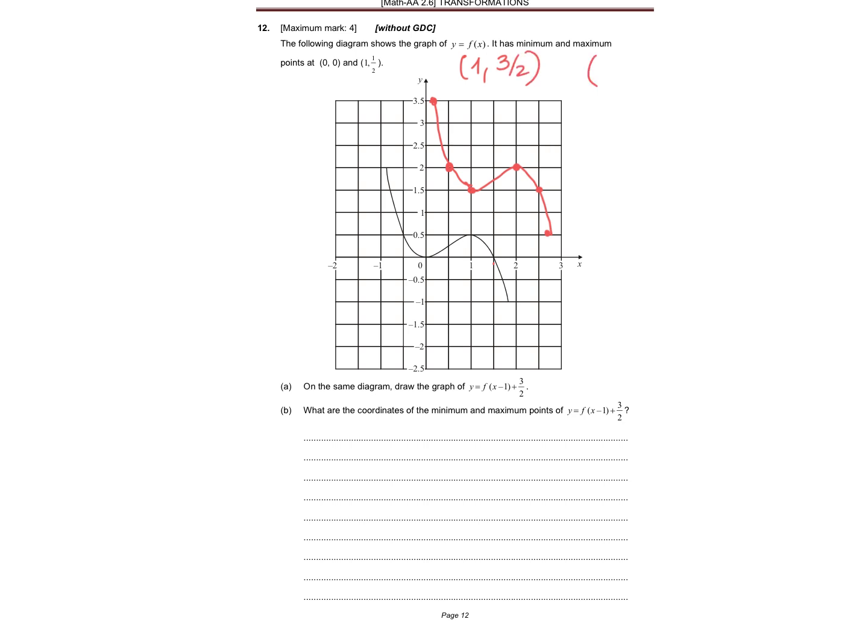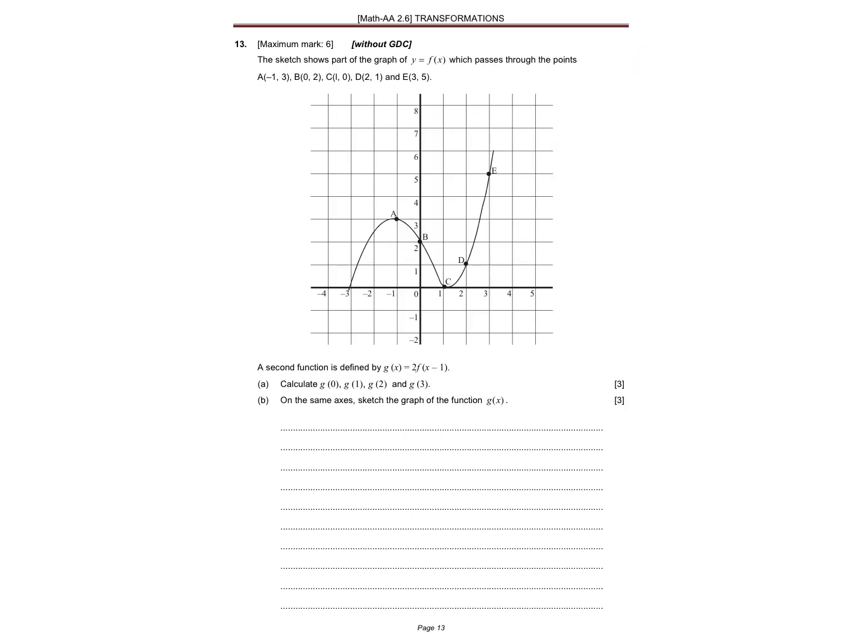And 1, 1.5 goes right 1, up 1.5 to 2. All right, 13, a sketch shows which passes through the points that. Second function is defined by that. Calculate g at 0. So if we have 0 is originally at 2